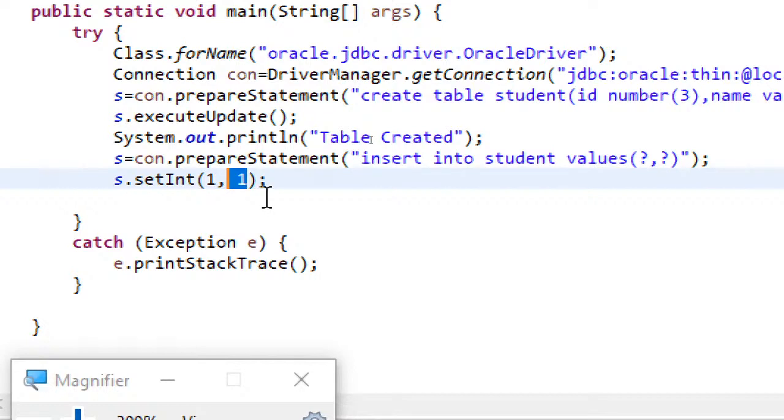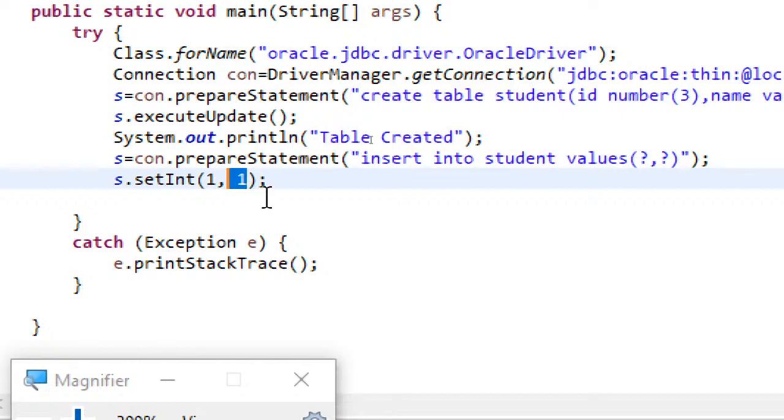So you can just use a scanner, and then int i equal to s.nextInt, where s is the scanner object, and that particular i you can write here. I hope you are following. Right now I'm inserting directly into the table; I'm saying you read it from the user and pass that variable here.